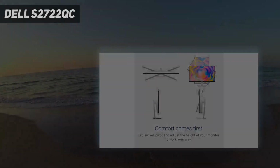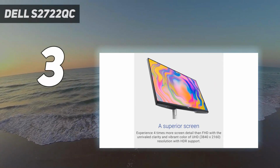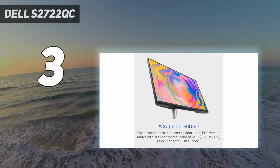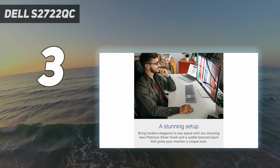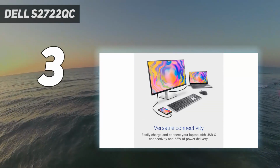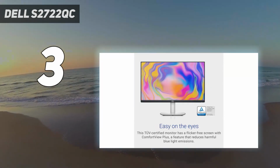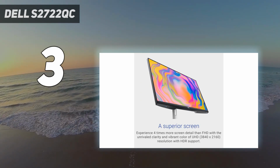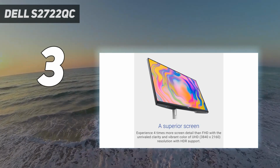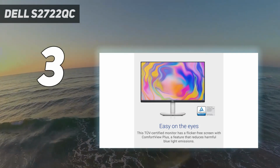At number 3. Dell S2722QC. If you find the Dell U2723QE or the ASUS ProArt display PA279CRV2 expensive and out of your price range, consider a mid-range option like the Dell S2722QC. It's a lower-end model compared to the U2723QE that often goes on sale and offers excellent value for its price and performance. It has the same 27-inch screen size and 4K resolution as the U2723QE and the ASUS, but has